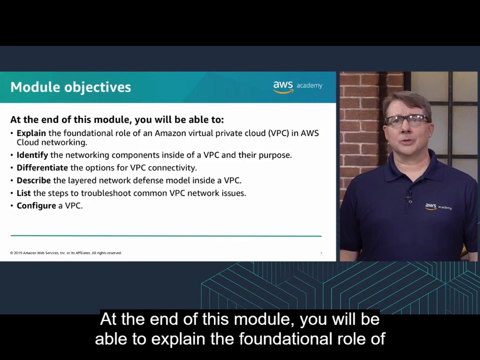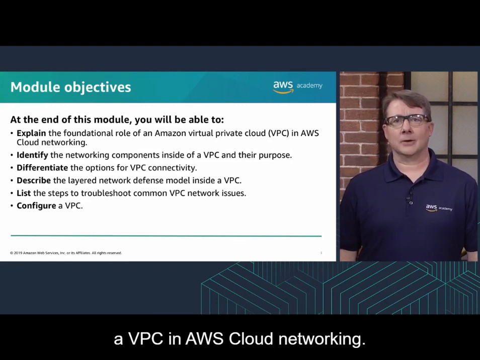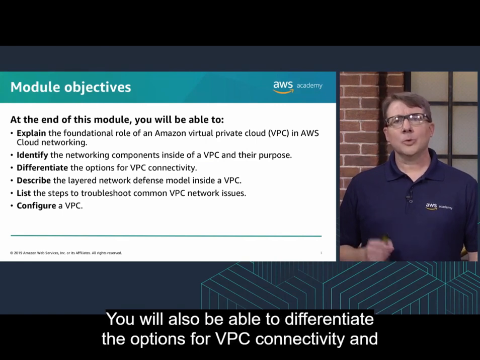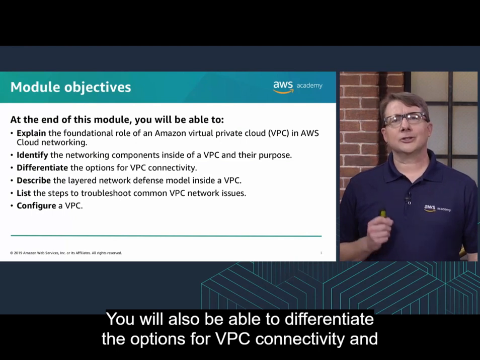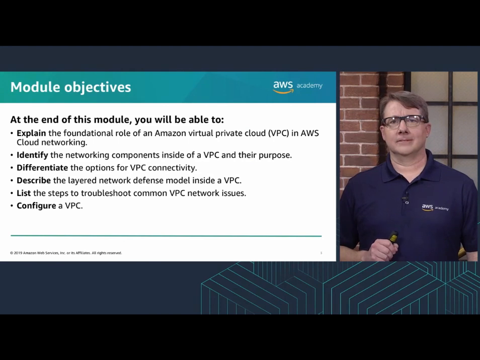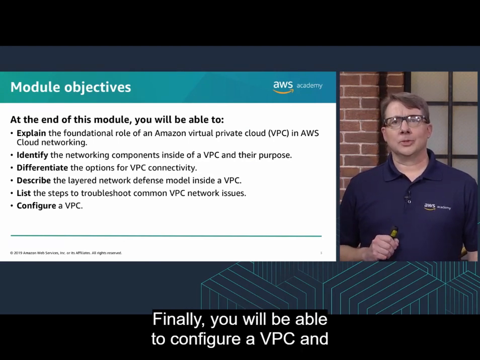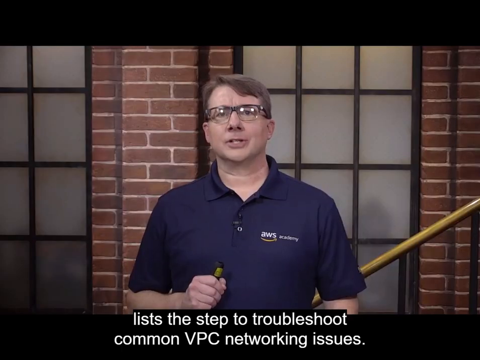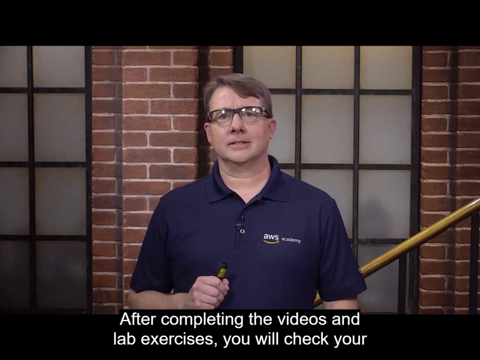At the end of this module, you will be able to explain the foundational role of a VPC in AWS cloud networking. You will be able to identify and explain the networking components inside of a VPC. You will also be able to differentiate the options for VPC connectivity and describe the layered network defense model inside a VPC. Finally, you will be able to configure a VPC and list the steps to troubleshoot common VPC networking issues. After completing the videos and lab exercises, you will check